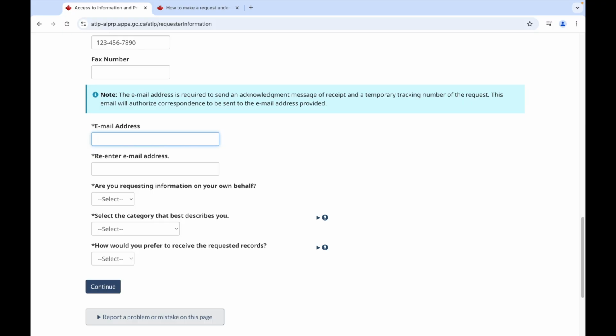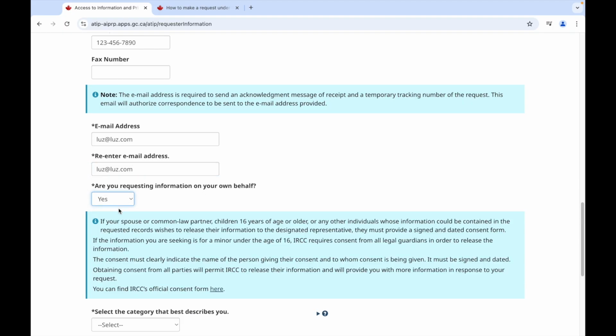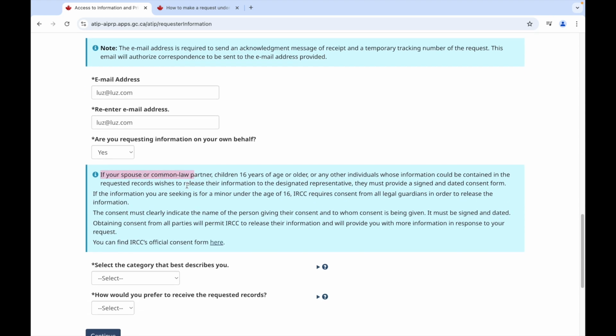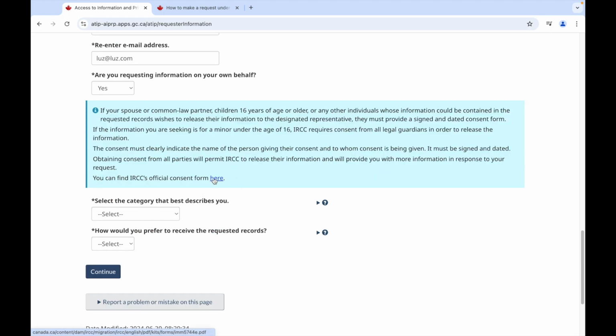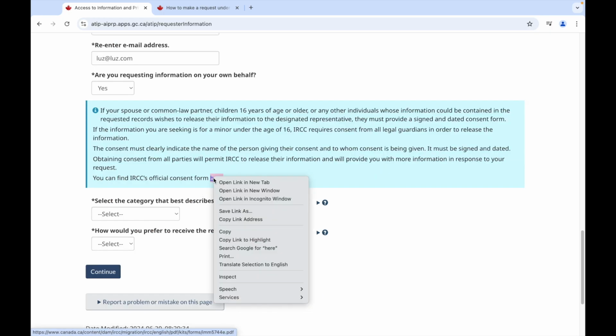So let's create a fake email. luz@luz.com. Re-enter email, luz@luz.com. Are you requesting information on your behalf? Yes. If you're applying for someone else, then you select no. If you have a spouse or a common law partner, they need to sign a consent form, which can be found here. So once you click that,